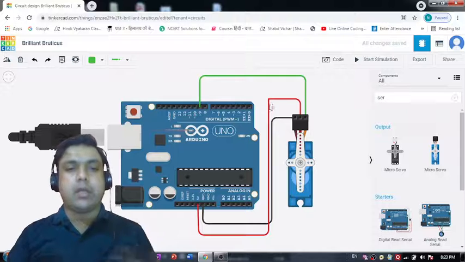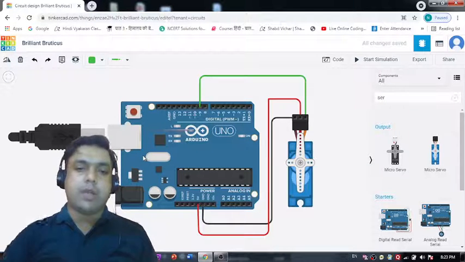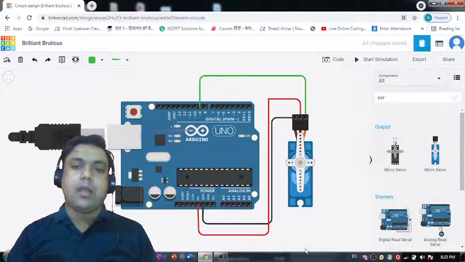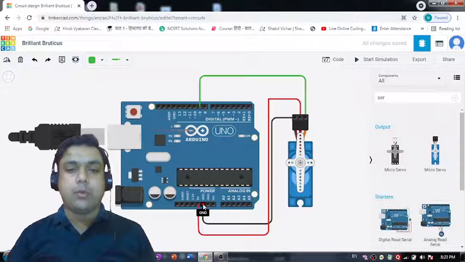Let me tell you again what all things I've done. I selected this Arduino Uno R3 board first and brought it here on this circuits environment. Then I selected this servo motor from this navigation pane and brought it here on this workspace. I connected this ground pin with the ground pin of the Arduino Uno R3 board.